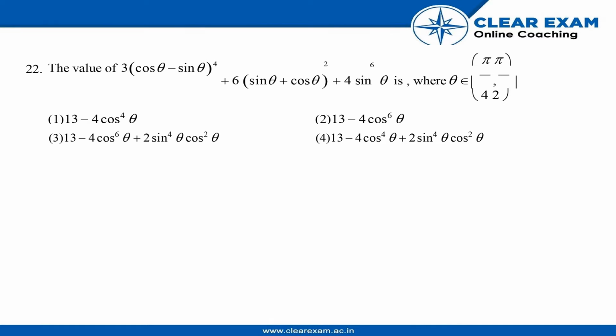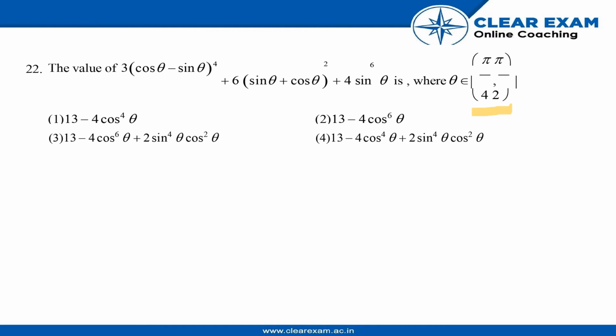In this question, we have to find the value of the given expression, that is 3 times (cos theta minus sin theta) whole raised to power 4 plus 6 times (sin theta plus cos theta) whole raised to power 2 plus 4 sin raised to power 6 theta,